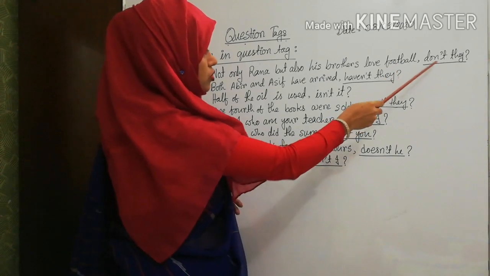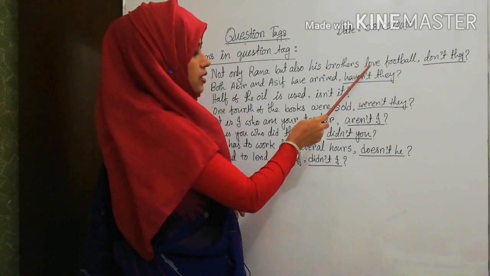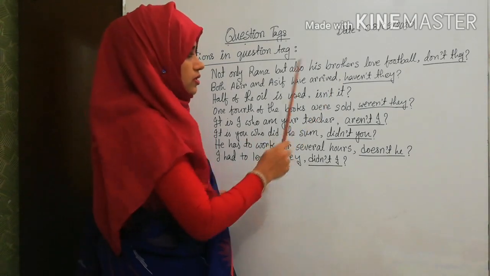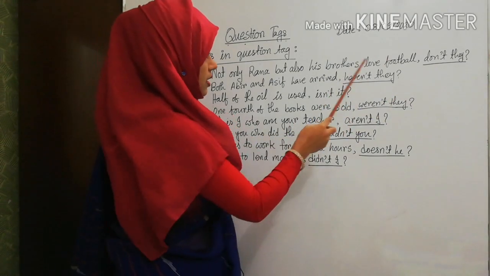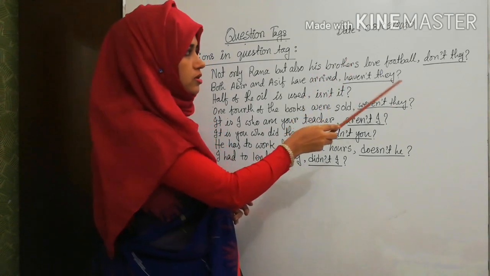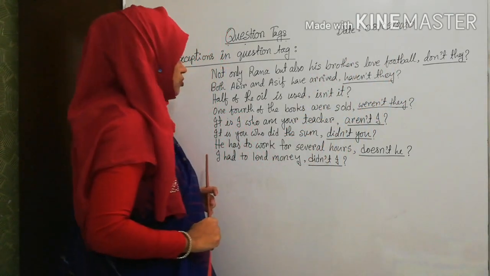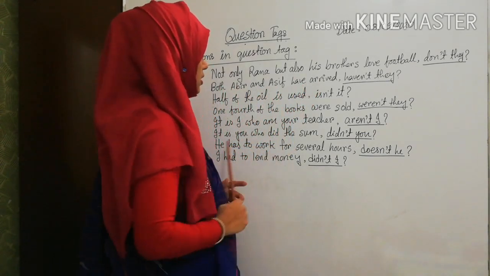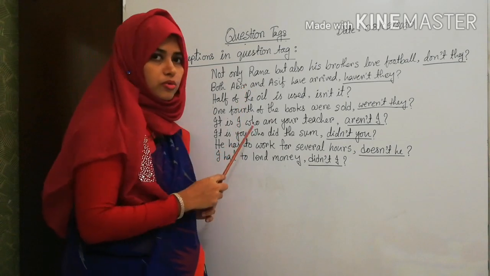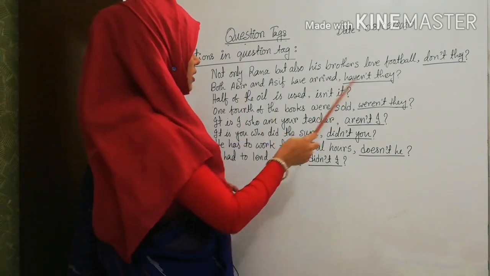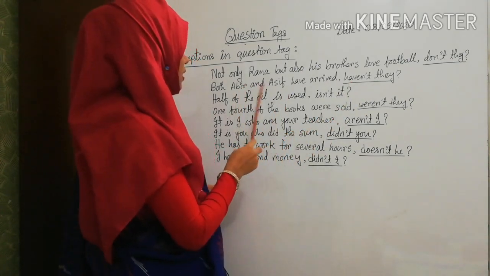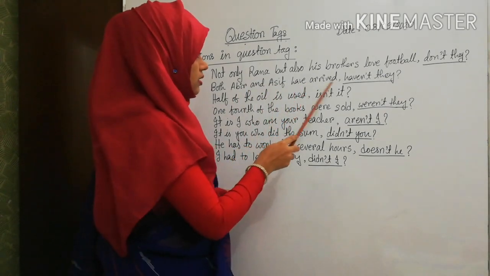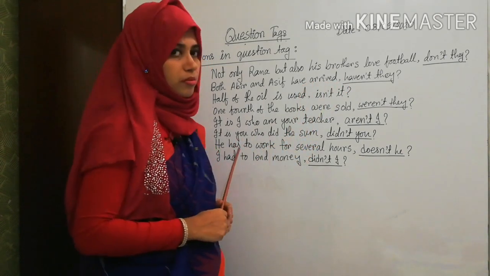So, we have used don't they, as there is no auxiliary. In that case we have to use do, does, did according to the tense. So, we have used don't and his brothers is plural. So, we have used they as pronoun. Then both Abir and Asif have arrived. In case of both and, same rule, haven't they. So, both Abir and Asif have, the verb is given have, so we are using this auxiliary to make the tag